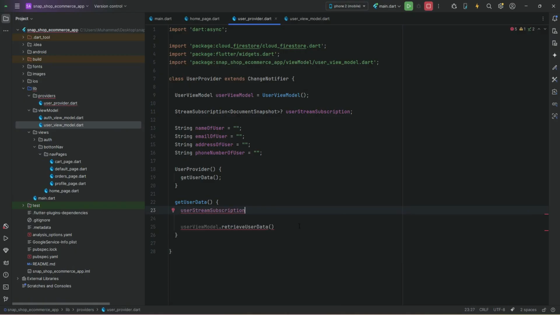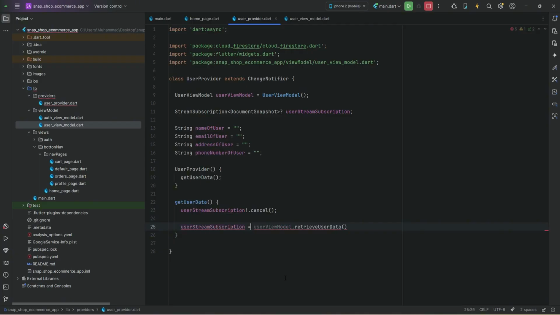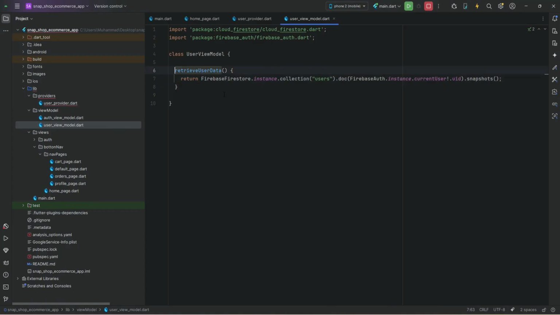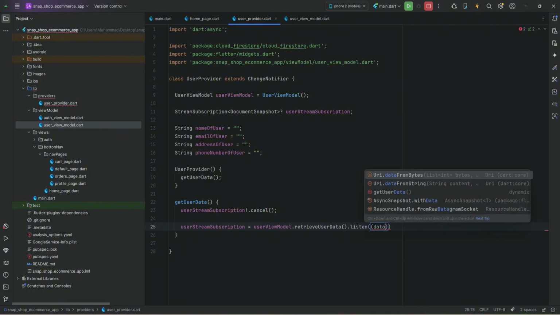So for example, we say userStreamSubscription.cancel, and then to this we assign the user updated data, that is userStreamSubscription equals userViewModel.retrieveUserData.listen for the changes, which means that the return of this function will be Stream DocumentSnapshot. As you know that it returns the document snapshot, so we have to listen for the changes. Data snapshot,